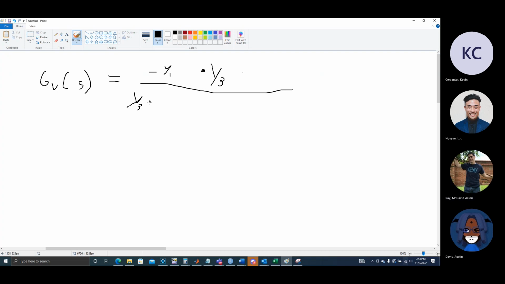Y3 times Y4 plus Y5 times Y1 plus Y2 plus Y3 plus Y4. And so this is pretty realistic, at least in terms of whenever doing a control system that